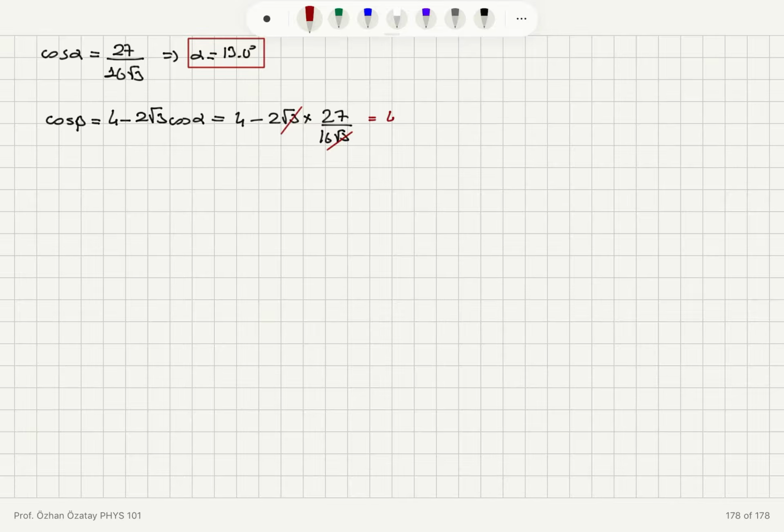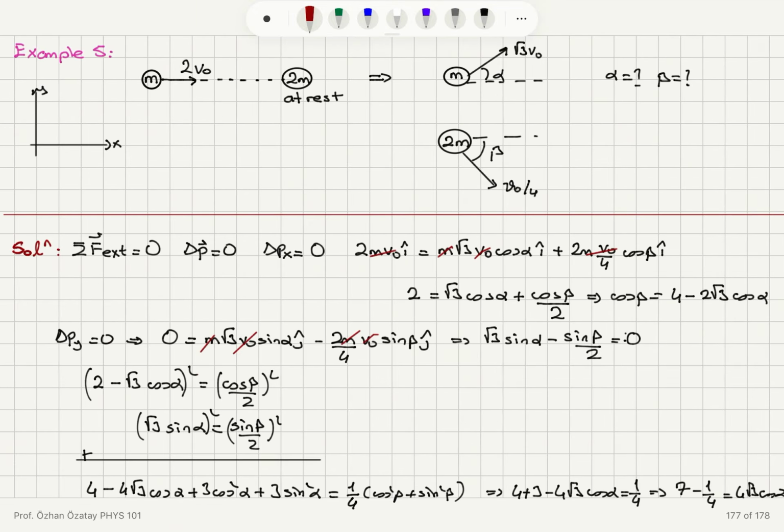And this gives me 4 minus 27 over 8, which is 0.625, taking the cosine inverse, we find angle beta 51.3 degrees. Okay, so this was another application of a glancing collision, two-dimensional collision between particles masses m and 2m,